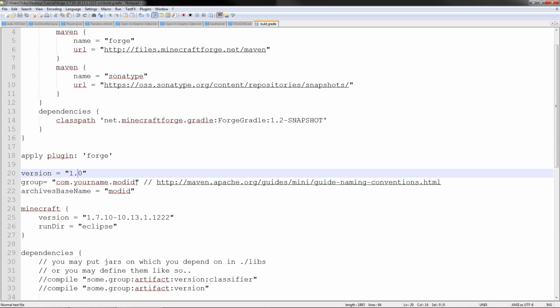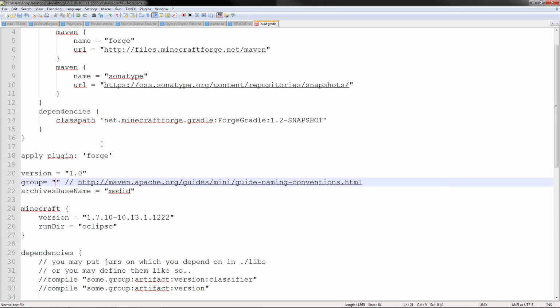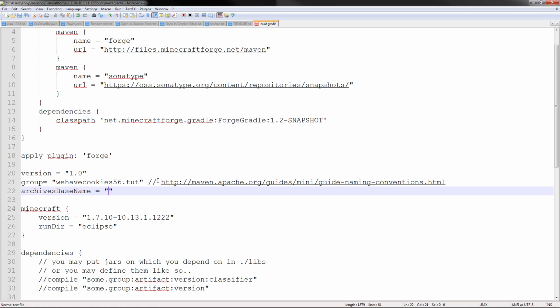So we'll actually change the version now. We'll leave it as 1.0, and I'm just going to have cookies, not with a triple O, 56 dot tut, and we'll call this tutorial mod. Really creative names. You probably don't want that as your mod name unless you really want to make a weird sounding mod. So when we build it, we're not going to be building it. I might show it in this tutorial. I know you won't want to build something like this, but